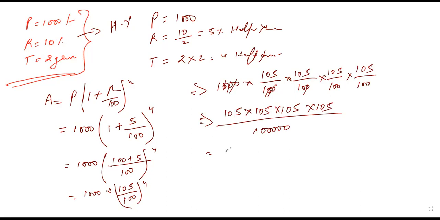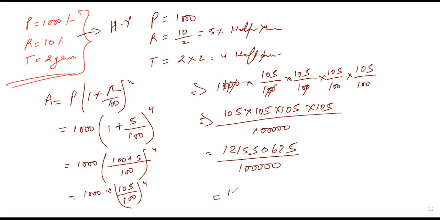So what is it? It is going to be 105 into 105 into 105. Just a minute, I will just do that one, and then I will give you the answer. Okay, so it is a very big value. So 121550625 by 5 zeros. So what will it be? It will come in decimal, so the decimal would be over here.